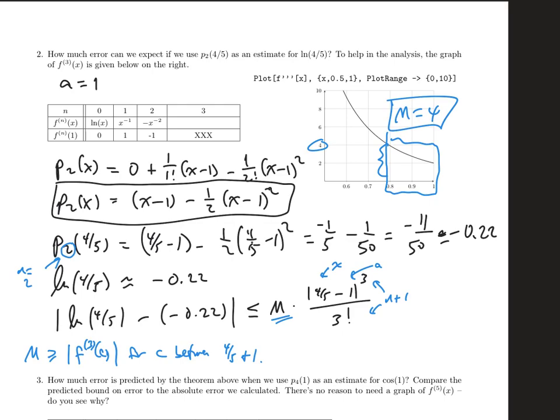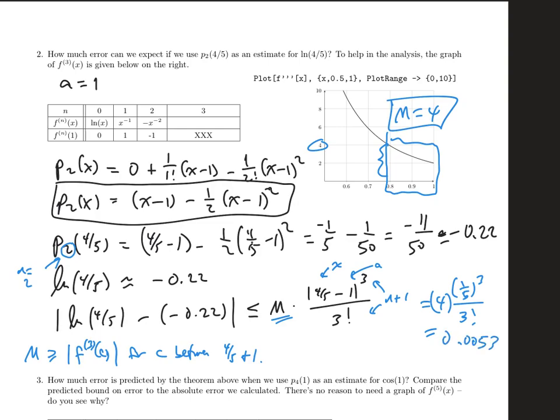In other words, it shouldn't be 1,000,000 just because that would definitely be bigger. So it should be something on the graph. But if you really can't tell, just pick the next nice number to work with above where you think it is. And so this error bound then would be 4, 1/5 cubed would be up top here, and 3 factorial would be right there. And so the upper bound of my error is going to be